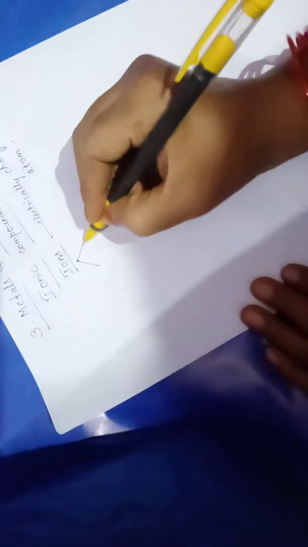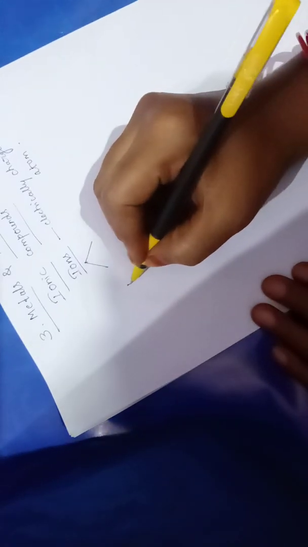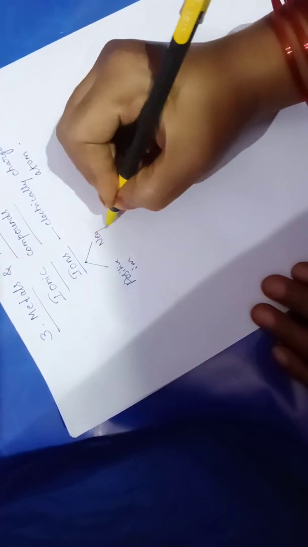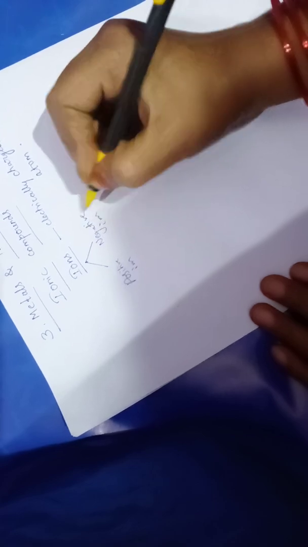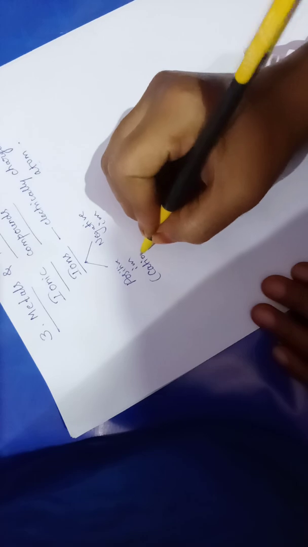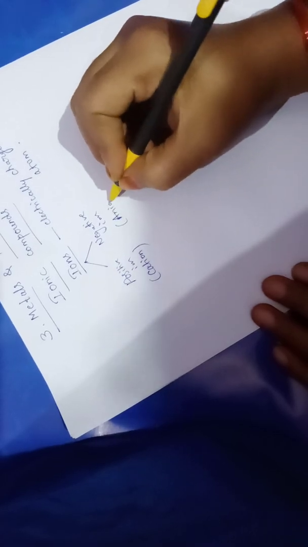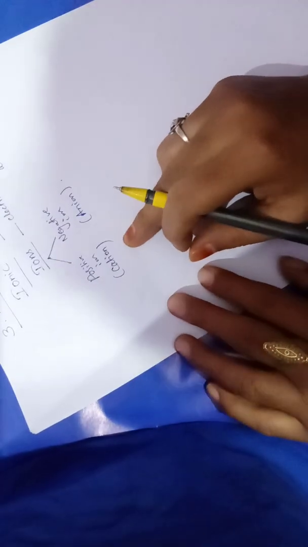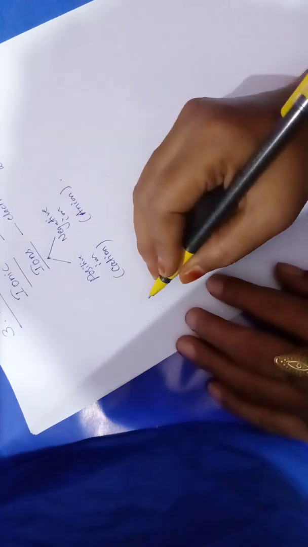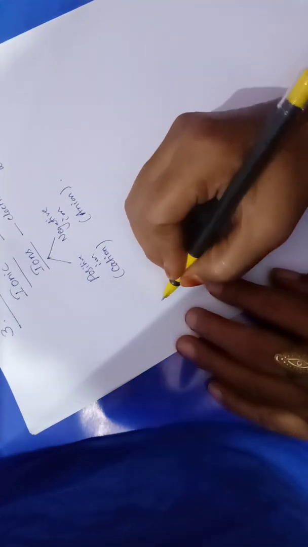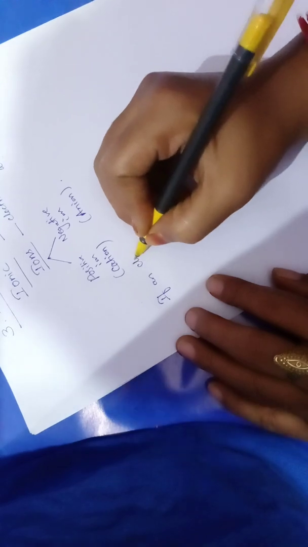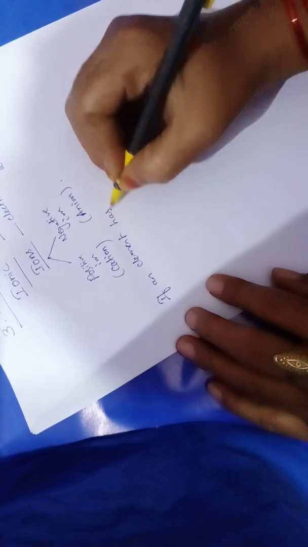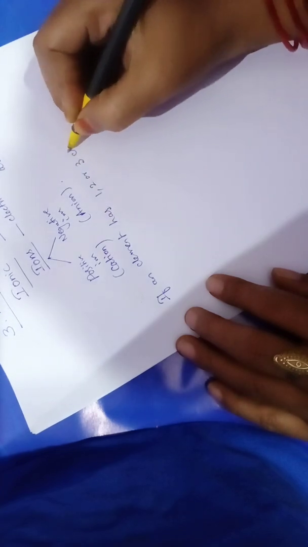So ions are generally of two types. One is the positive ion, and the second one is the negative ion. The positive ion's other name is cation, and the negative ion's other name is anion. What is a cation? We have already studied this. Cation means, for example, if an element has 1, 2 or 3 electrons